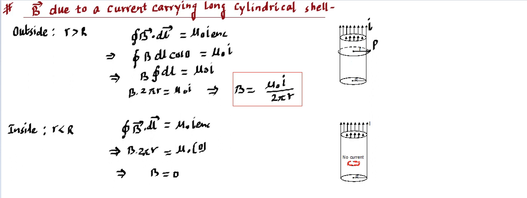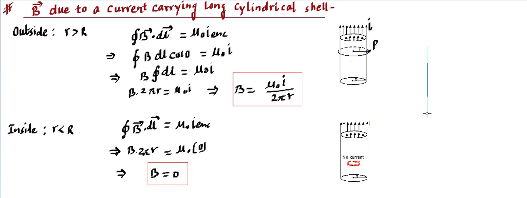So you will find that the field inside a long cylindrical current carrying wire is going to be 0, because it is hollow inside, no current is inside, so the magnetic field is 0, and the magnetic field outside is just like a linear long infinite wire that we have already talked about. So both the results are important for us, and the next point is to plot